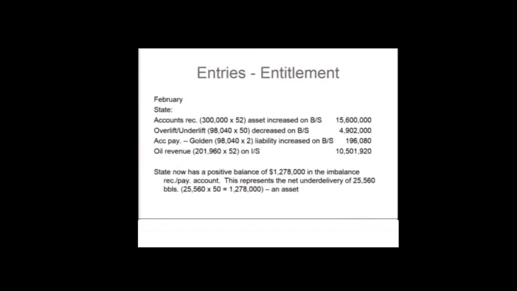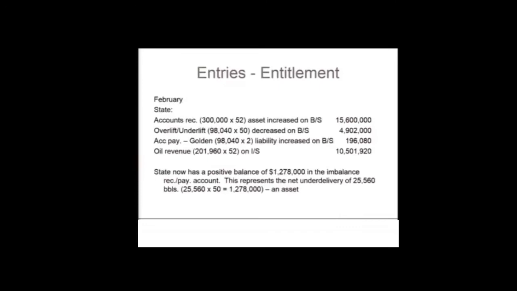They got $52 from the outsider because that's today's price, or that's what they're going to get. So they have a receivable increased on their balance sheet from that outside purchaser. 300,000 barrels at 52 is 15,600,000. Their revenue, looking at the last line, is what they were entitled to take this month